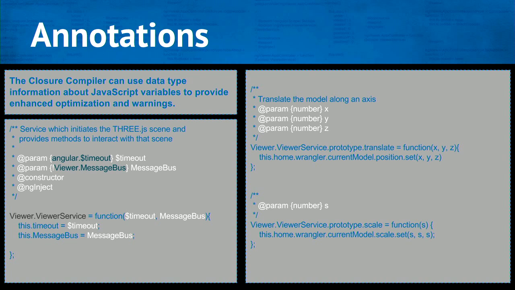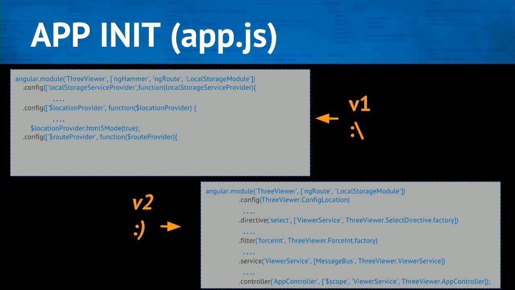Same way with the translate function on the right. Let's say somewhere in my UI interface, I'm using this translate function, but instead of passing numbers into it, for some reason it's passing strings. And if you pass a string into a position set in Three.js, your object's going to disappear. You've essentially killed the object in the 3D environment. So it's very important when you're compiling your code to make sure that your functions, especially functions related to a 3D environment, are getting the right values into your code.